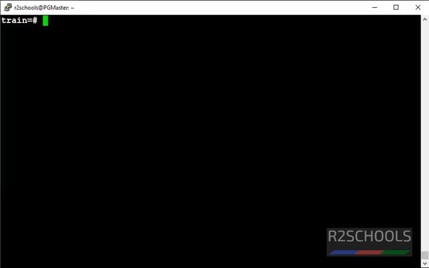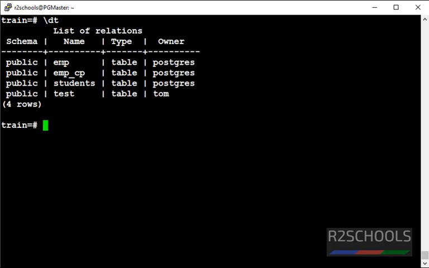Now I am going to export the same EMP table data to an Excel file. \dt, see, table name is EMP, then use the command to export.